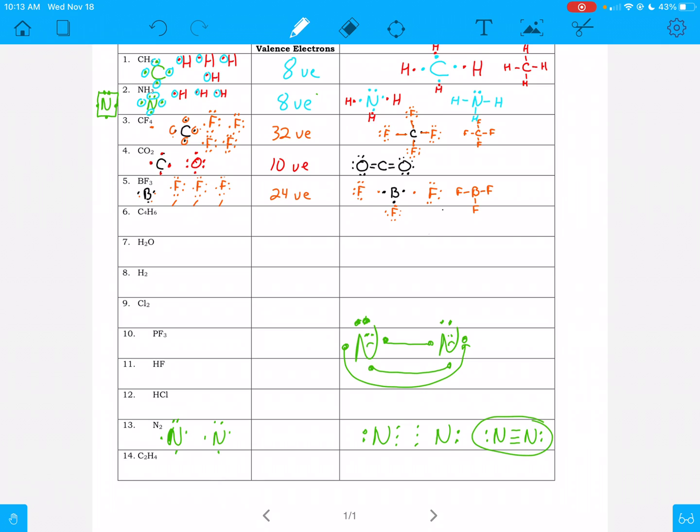Okay, so that's going to be the correct answer. So I just wanted to do that one for you because that's a kind of weird one. And since it's our first day to work on any of this, I wanted to show you how that worked. I think the others pretty much are going to work just fine. The chlorine is going to have to bond to itself. By the way, how many valence electrons are in here? This is 10. Let's see if I can get it right. 10 valence electrons. So there you have 1, 2, 3, 4,